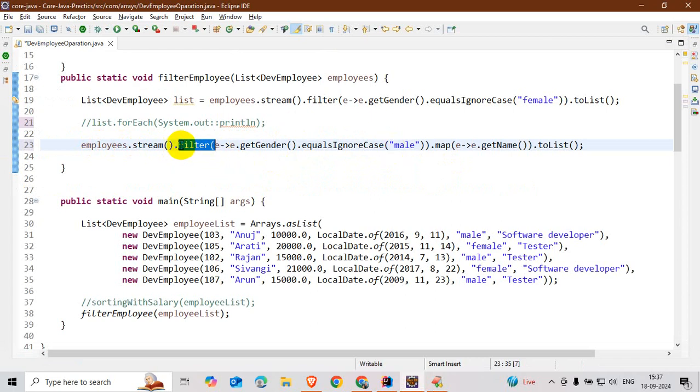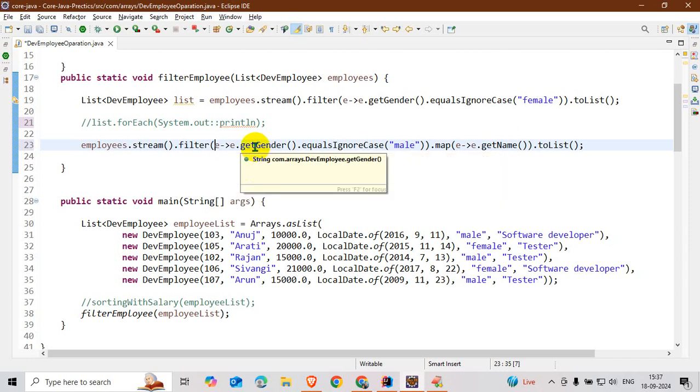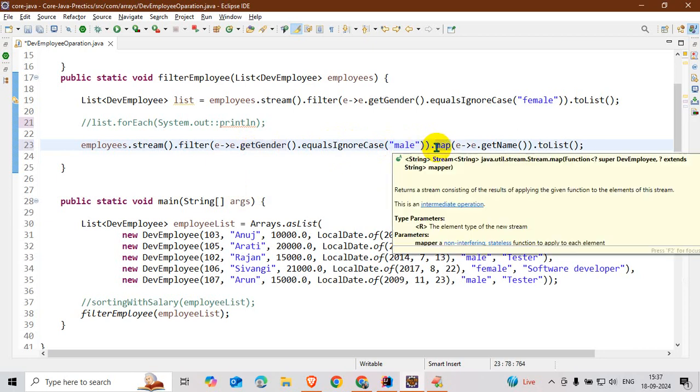So here I write the filter logic. In filter I write the predicate and the conditional check for employees whose gender is male.